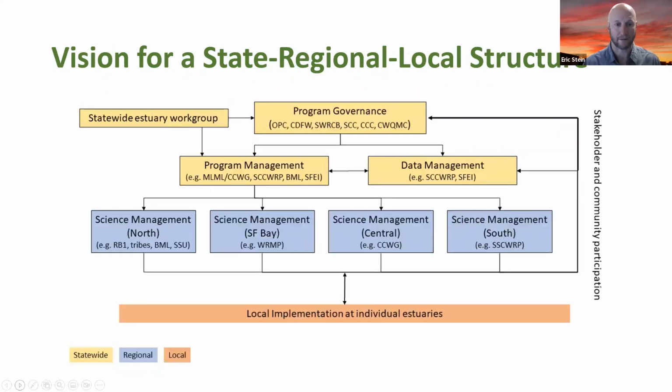This is a graphic from the implementation blueprint for the Ocean Protection Council's statewide estuary monitoring program. But I think it's a nice starting point to think about what we're hoping to accomplish, which is this idea that there could be this statewide opportunity. You can see the statewide estuary work group on the far left, upper left in yellow. And the idea is that we want to have these opportunities or forums for statewide coordination, but really most of the action happens at the regional and local level, as many of you on the phone know, right? It all starts with on the ground actions and what's happening at these individual estuaries around the state,